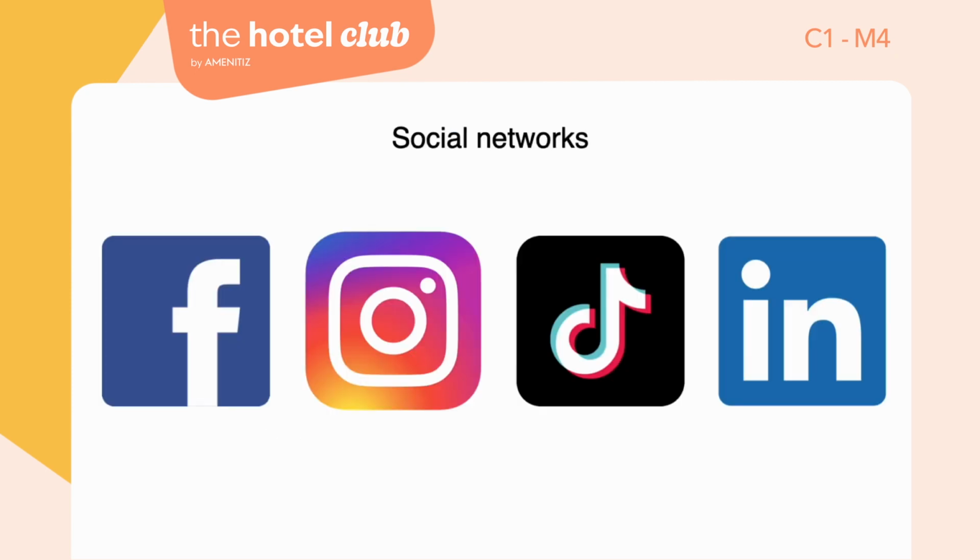There's plenty. And of course, social networks are important channels too, you know. Generation Z are fast becoming just part of the tourism industry and market. So bookings made via mobile are constantly increasing, and bookings made via mobile are bookings made via social media channels, such as Facebook, Instagram, TikTok, LinkedIn.